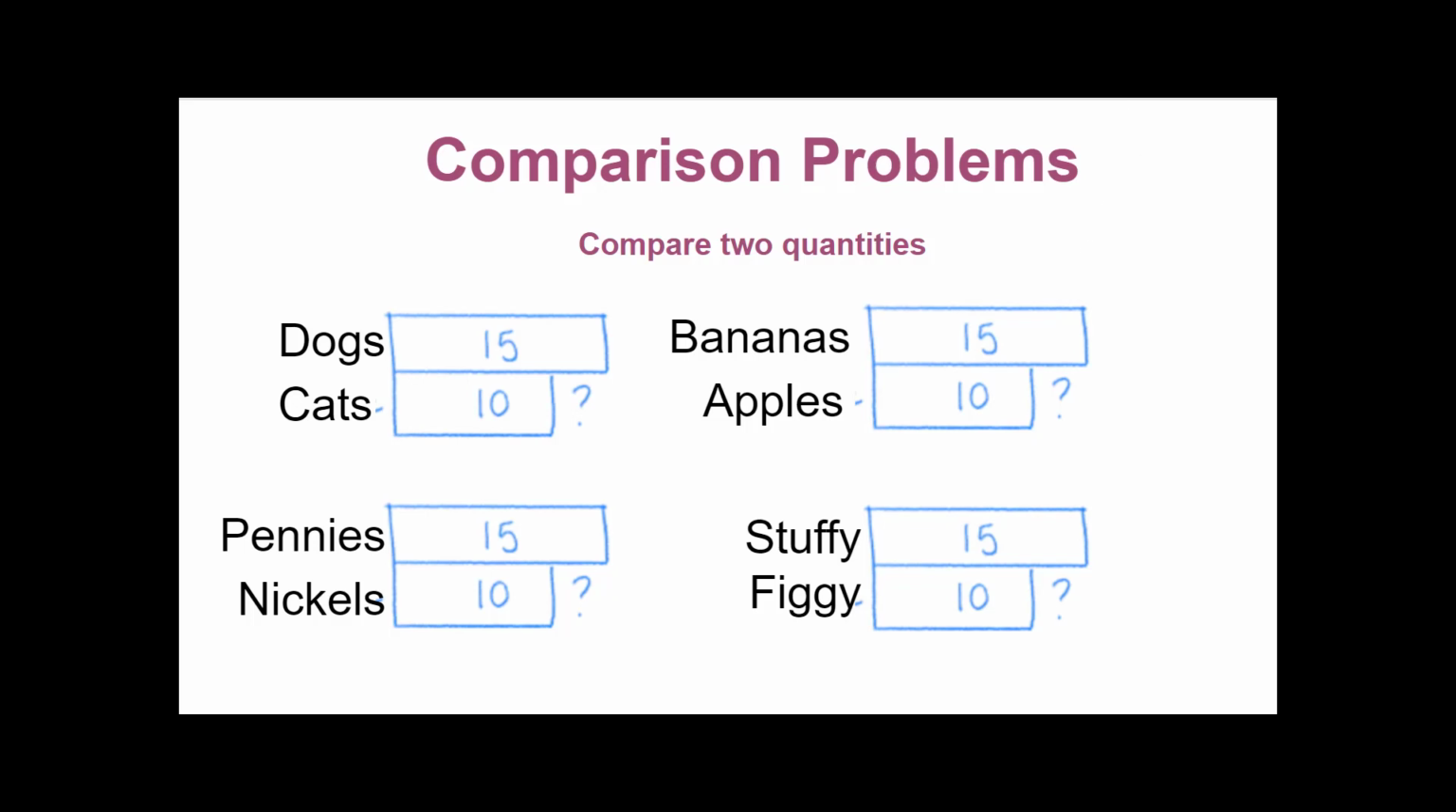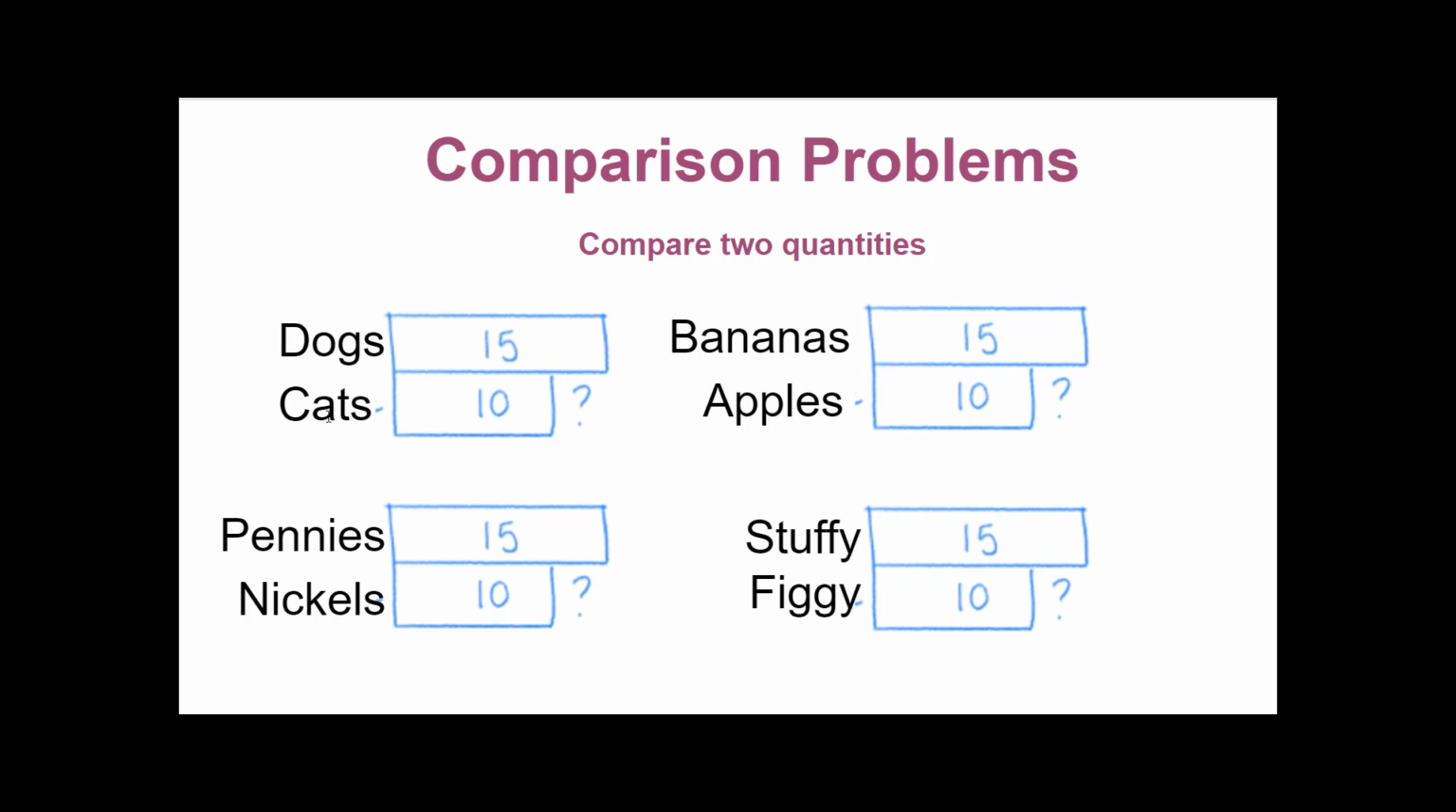In this video, we're going to talk about comparison problem types. Just like their name suggests, comparison problem types compare two quantities. Each of the bars in a comparison word problem represents a group or a quantity of an object. For example, in this first example, the 15 represents the number of dogs, and the 10 represents the number of